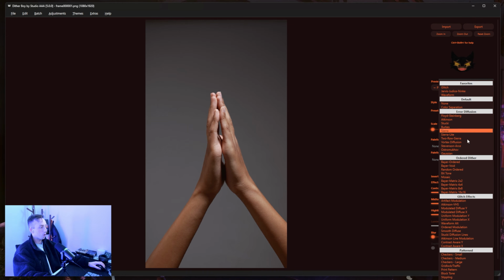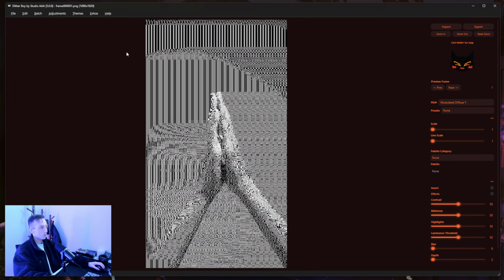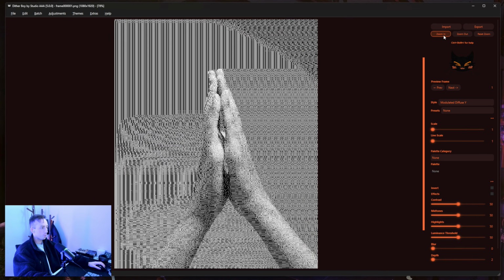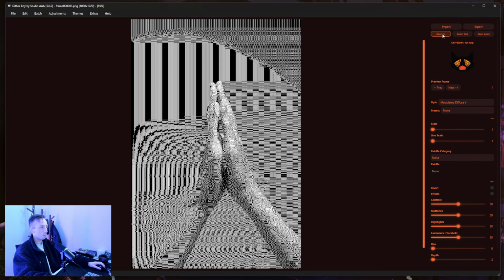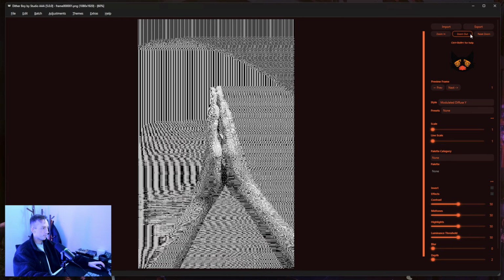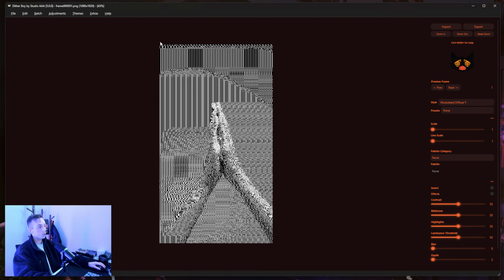So first I need to apply an actual effect here. The effect in my reference is from the glitch effects, and it is the modulated diffuse Y dither. When I load it in, it doesn't look anything like how it's supposed to, and you'll see as I zoom in, the pattern will change a couple of times. That's just because there are not enough pixels on this region of my screen, or this region of the recording, or this region of your screen watching it back, to accurately represent the pattern